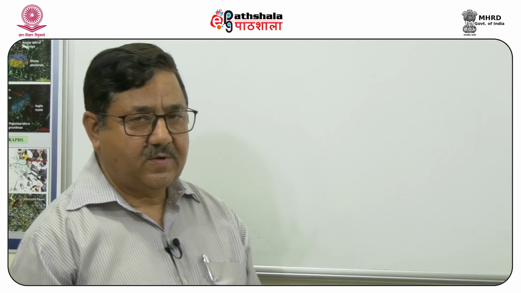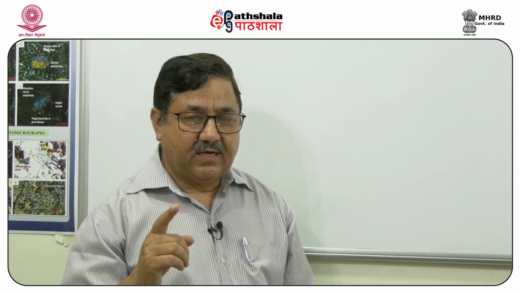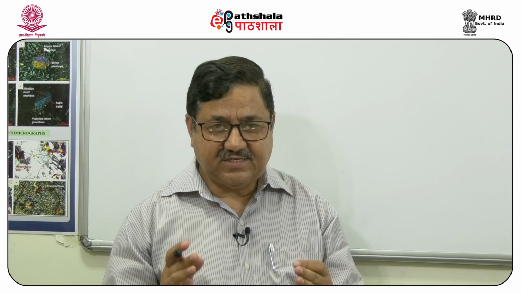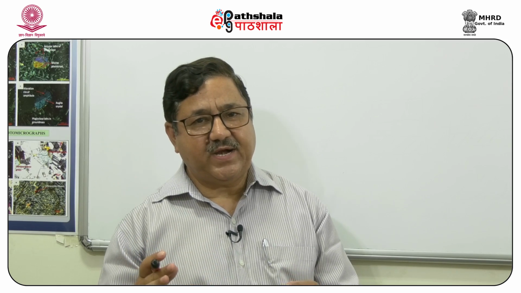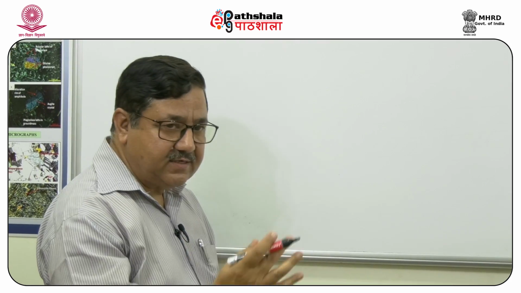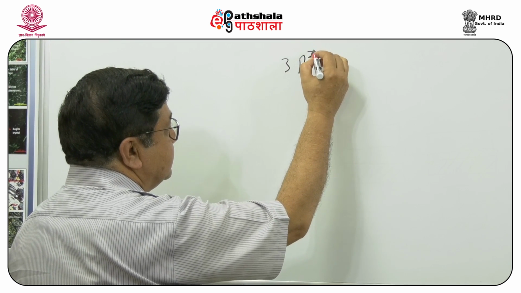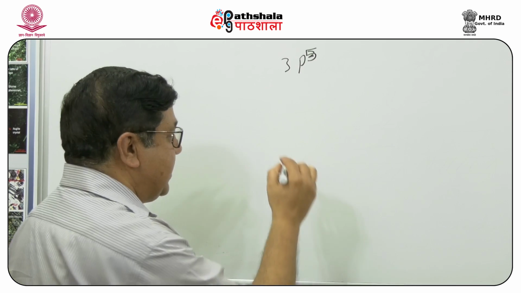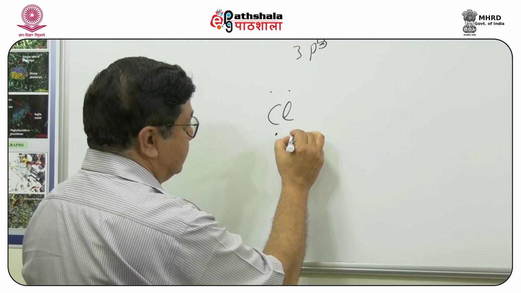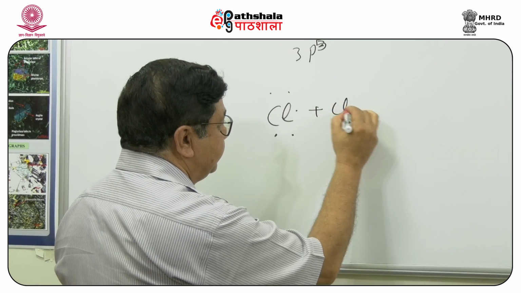So, we saw earlier the structure of chlorine. Now, we see chlorine is a highly reactive element, but we will see that by a kind of bonding it becomes very stable. We learned earlier that the third shell of chlorine has this configuration 3p5, that is 5 electrons. Now, if we combine chlorine which has 5 electrons around it, if we combine 2 chlorine